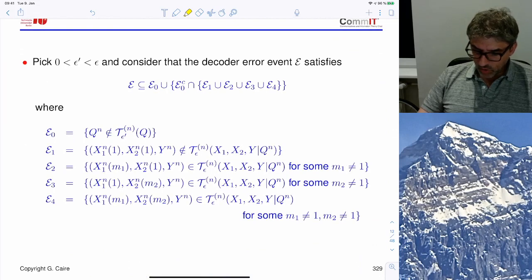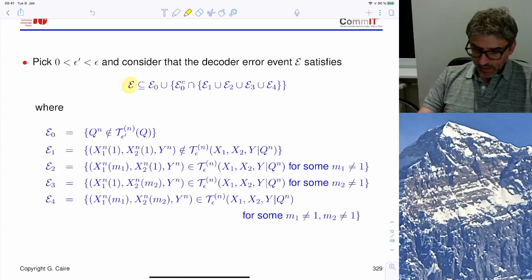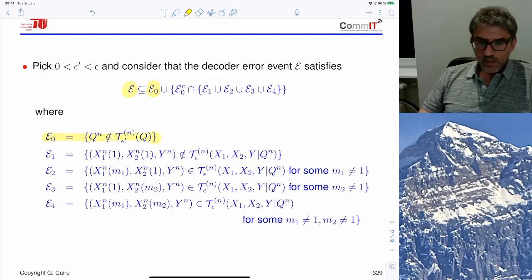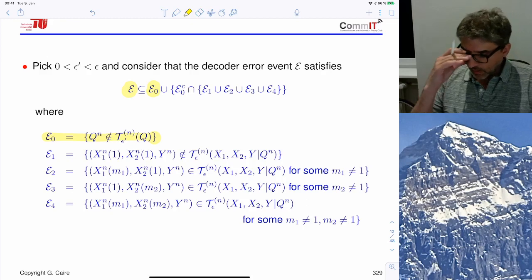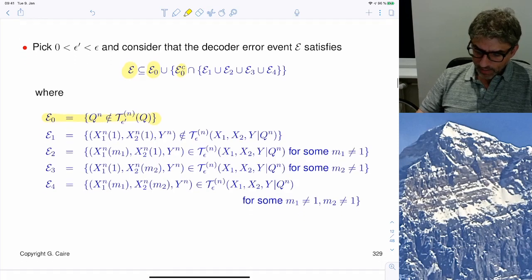So now what we have to do is to consider the error event, so the event that the decoder misses the correct pair of messages, and this error event E is in a subset of the union between an event E0. E0 is the event that Q is non-typical. Okay, so the sequence Q is non-typical, then everything collapses. But we count this as error, and then we have another event, which is in fact the intersection of the complement of E0, which is Q is typical, intersect with the union of four other events, where